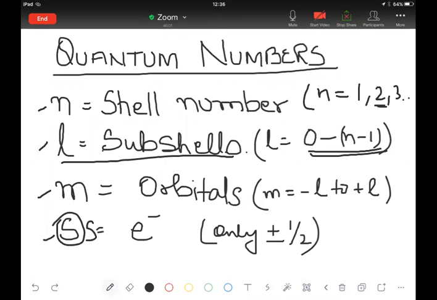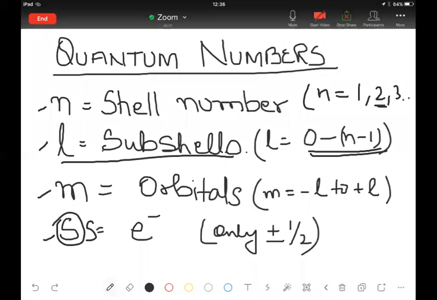Where is the electron residing? Which electron are you talking about? Let me give you a simple example here. Suppose we are looking for a student whose roll number is 18. Now you see, roll number 18 is there in all the classes. So what do I have to specify first? First, I will have to specify which class he is in, whether standard 1, standard 11, or standard 8. That is my principal quantum number. That is the main shell that I'm talking about.